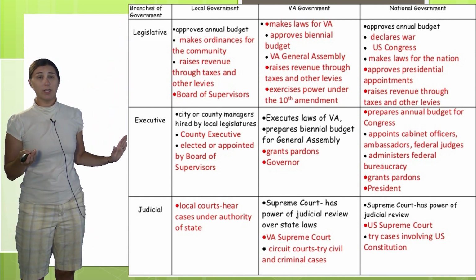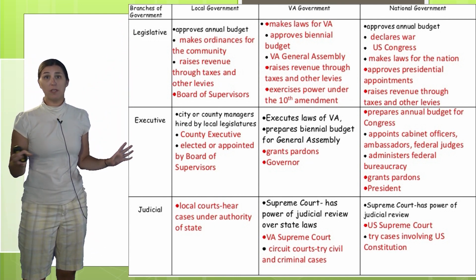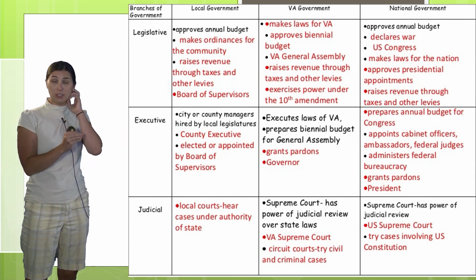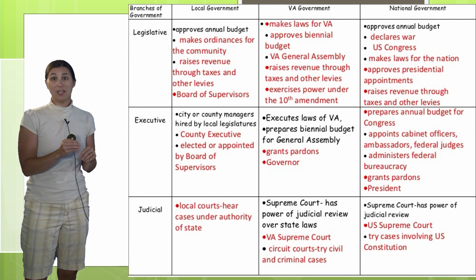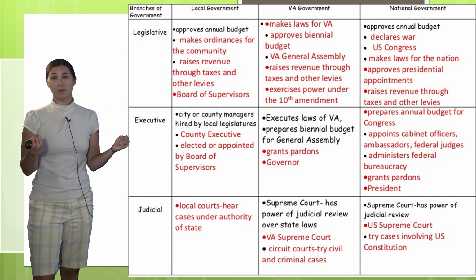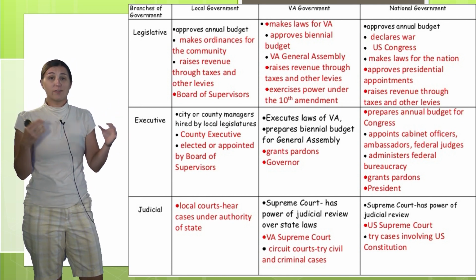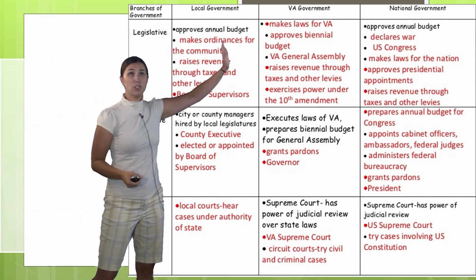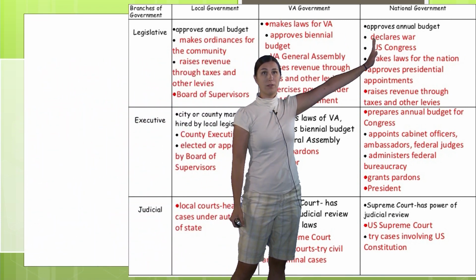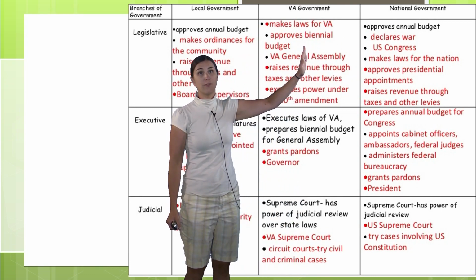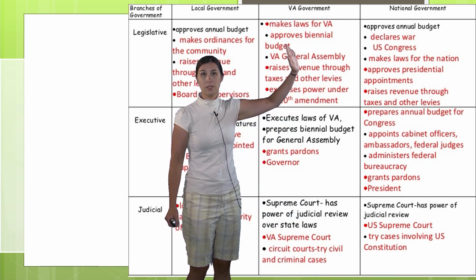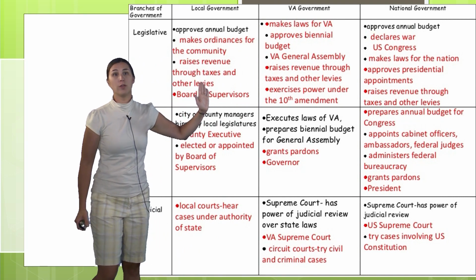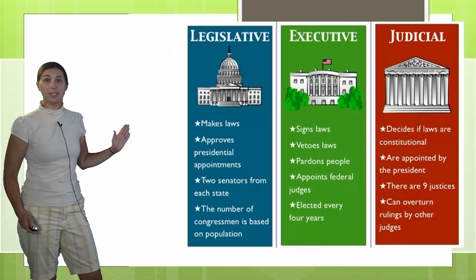And I don't care what it looks like. It doesn't have to be fancy by any means. It just needs to show that you have done your due diligence and looked up this information, because we probably don't remember all the different elements of the 3 branches of government or whatever standard you choose to pick. So this one is an example of looking at the national government, the Virginia government, because this is an example for the state of Virginia, and then the local government, what do they do in that area? So this was one example.